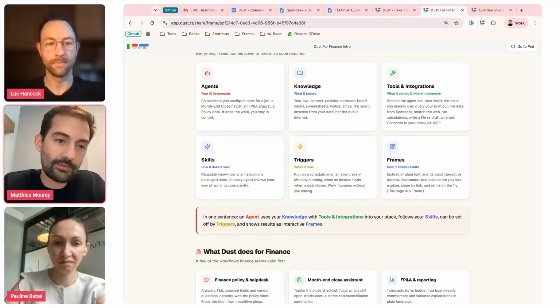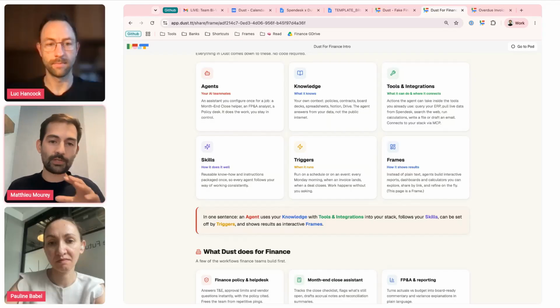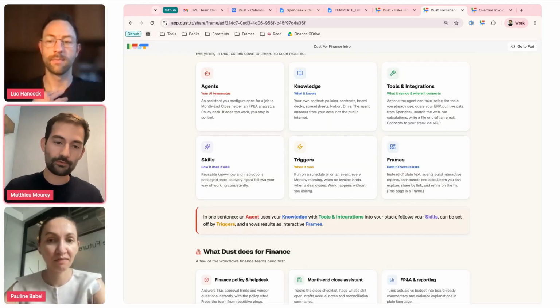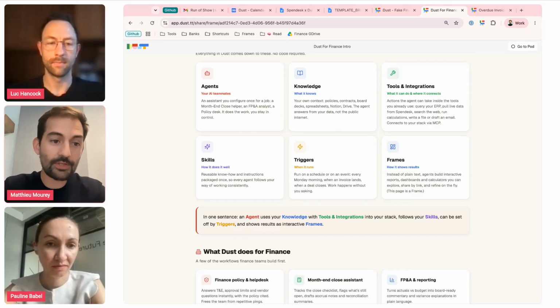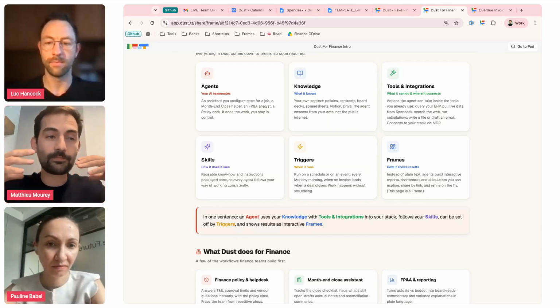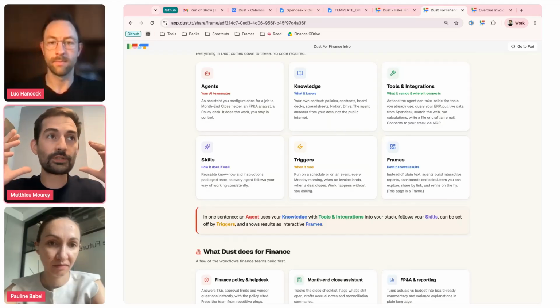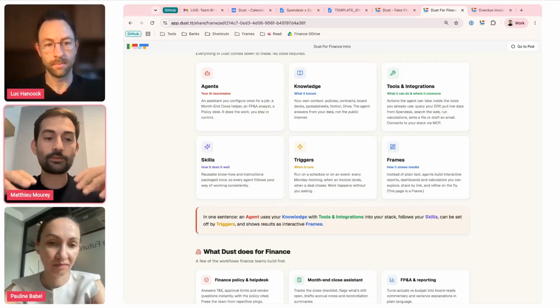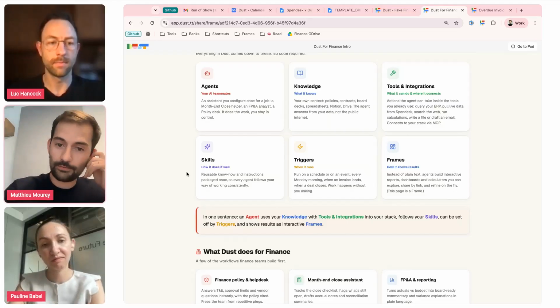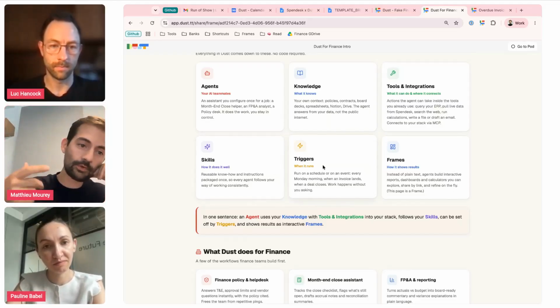It's basically a collection of know-how and instructions that you package into a skill, and you make it usable for the other people within your enterprise, within your team, so that you can leverage AI properly. What I mean by that is that you make it specific to your team and not generic. And of course, triggers to make it work